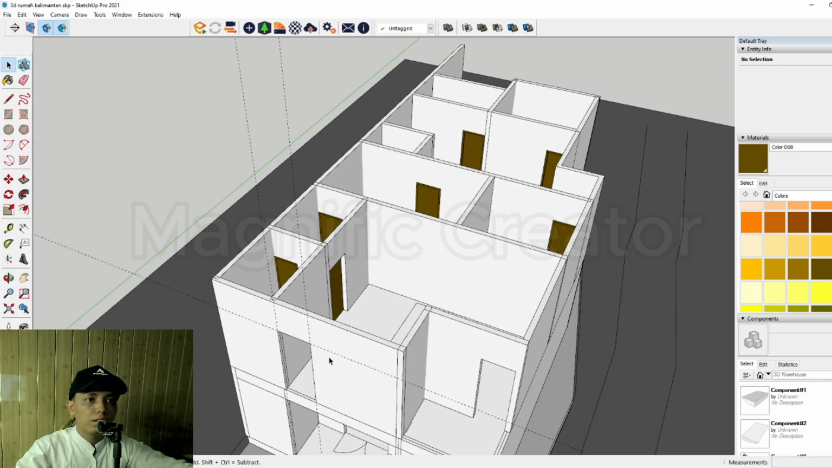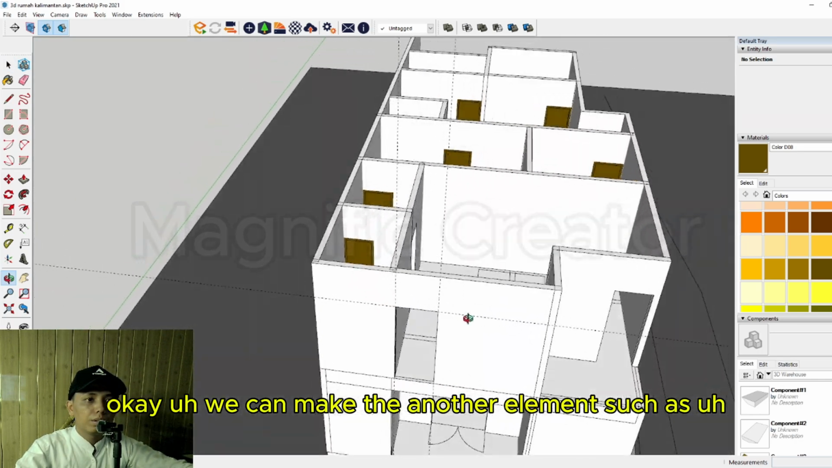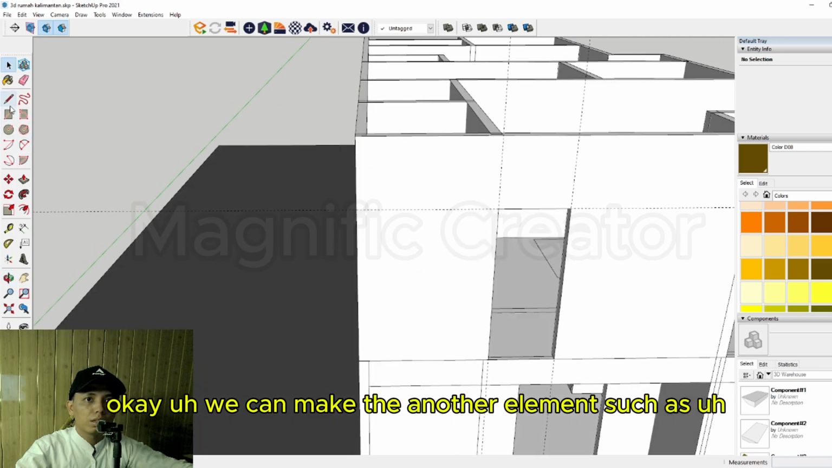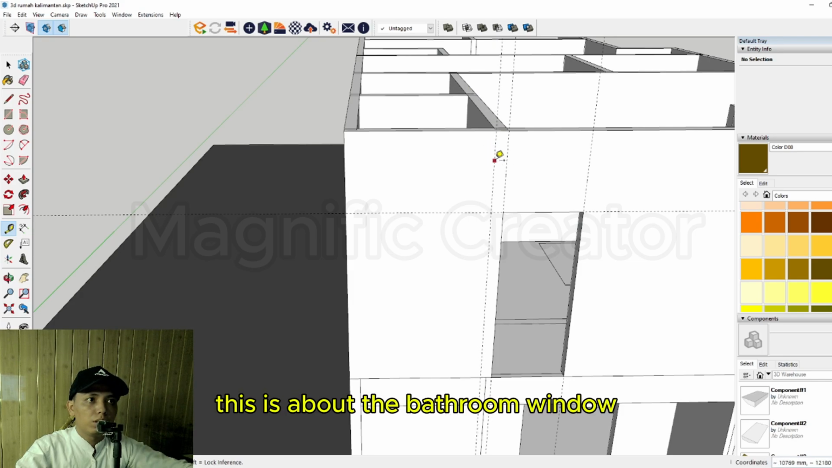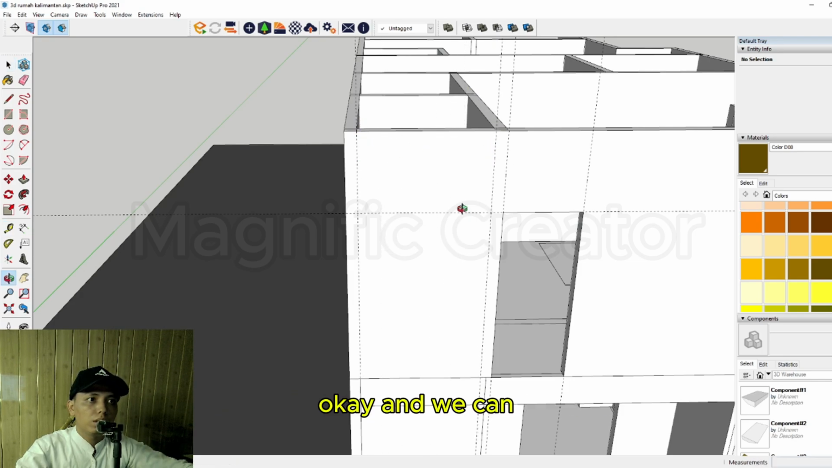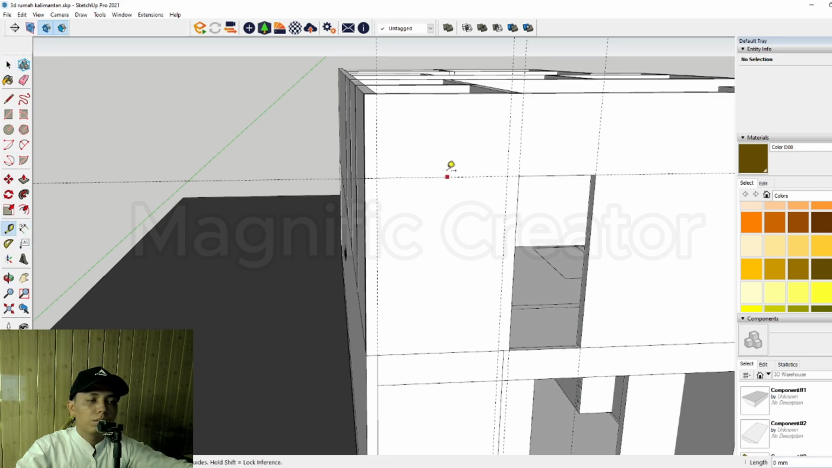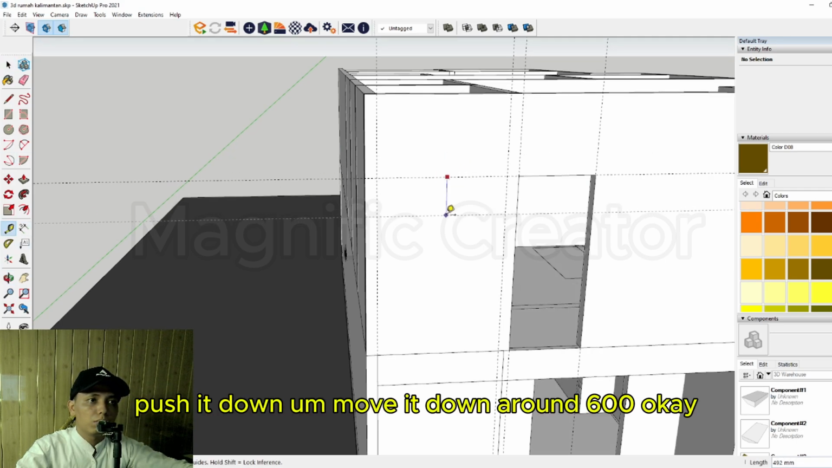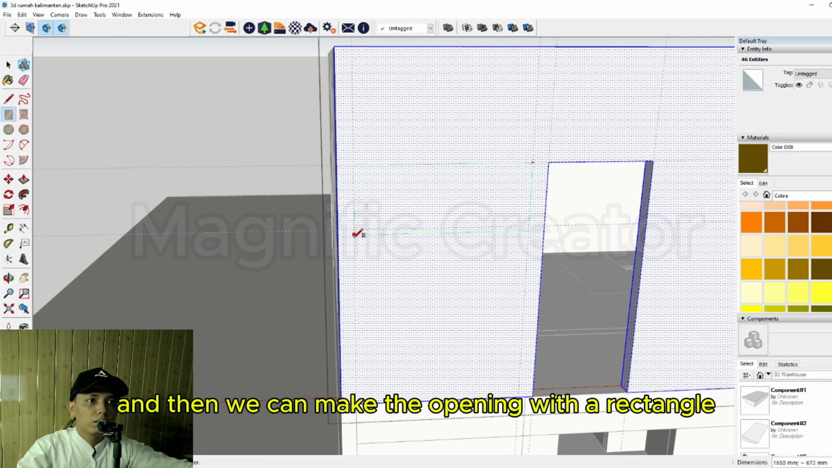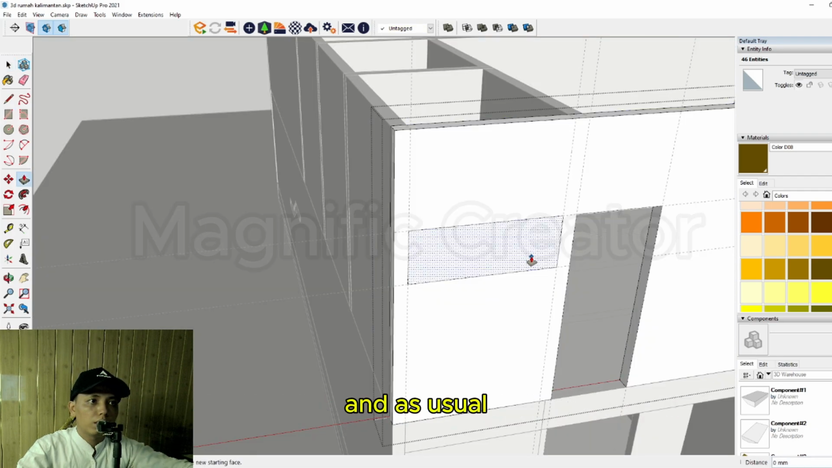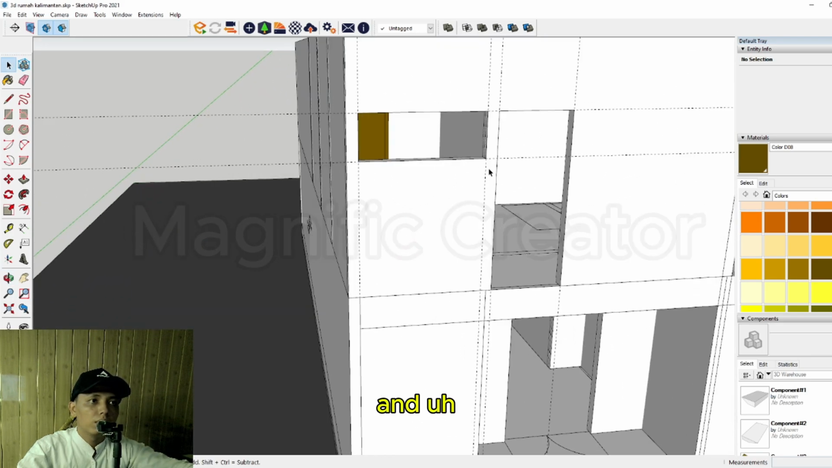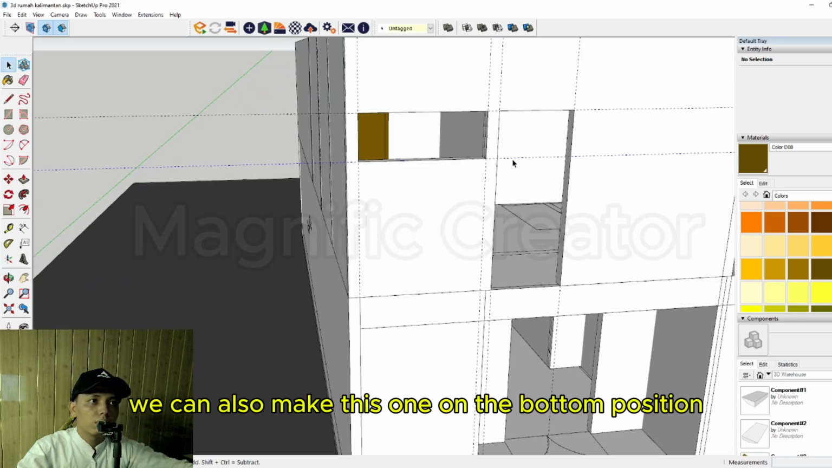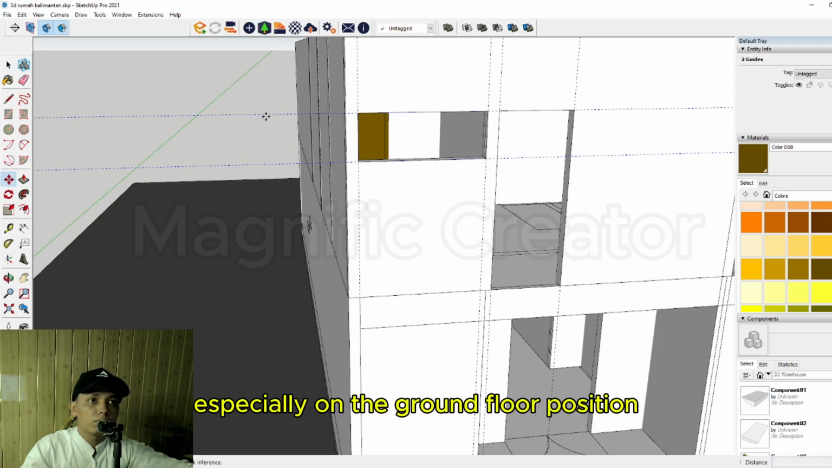Okay, we can make another element such as a bathroom window right there. This is the bathroom window. Okay, and we can push it down, move it down around 600. Okay, and then we can make the opening with a rectangle, and as usual we have to push until the limit right there. And we can also make this one on the bottom position, especially on the ground floor